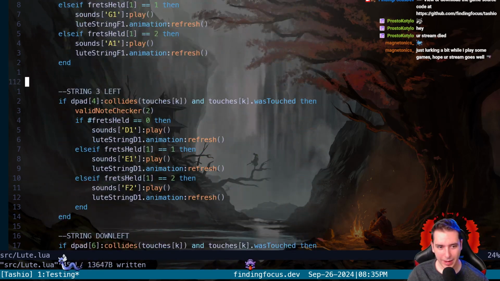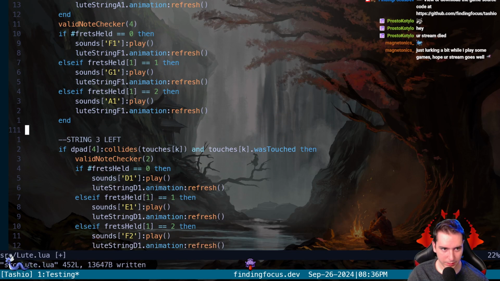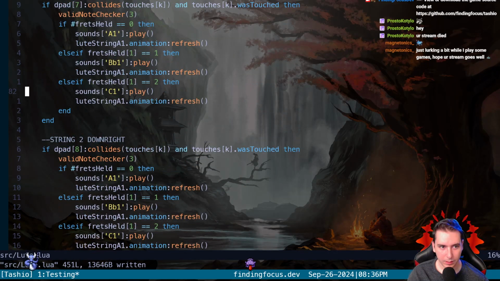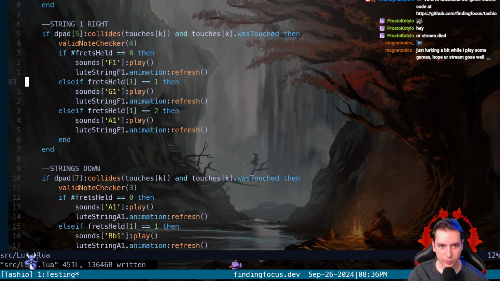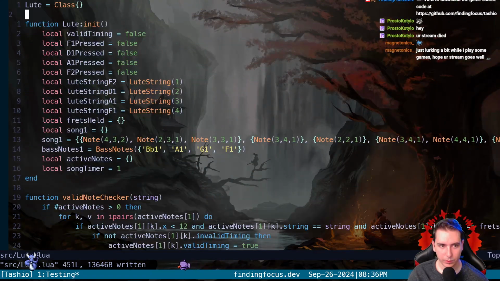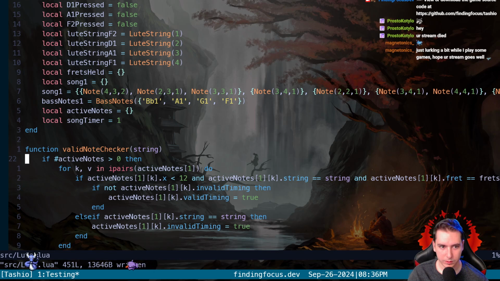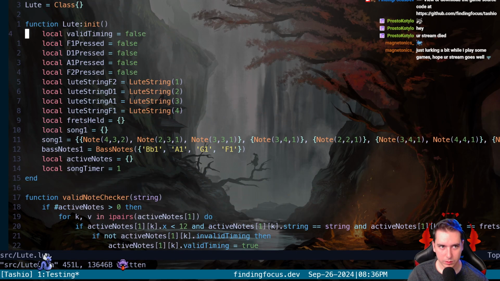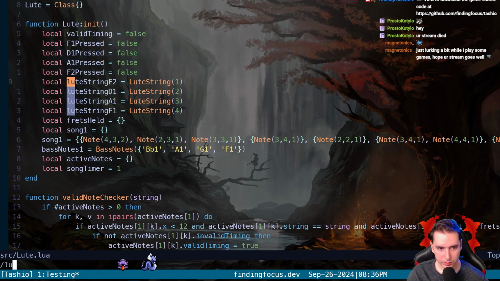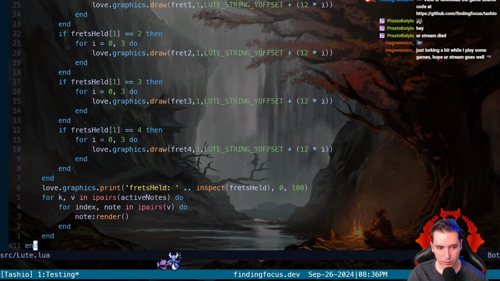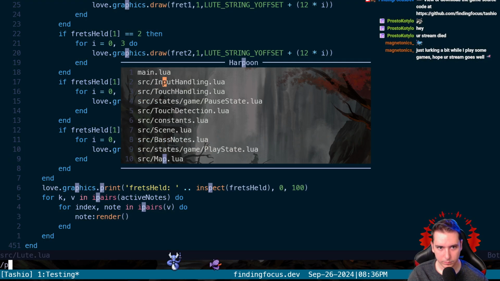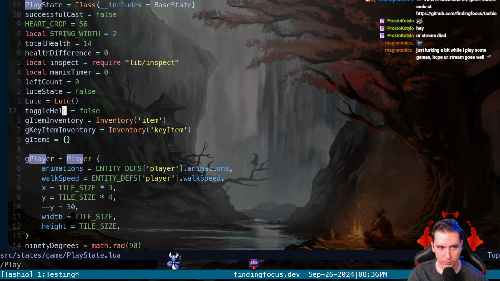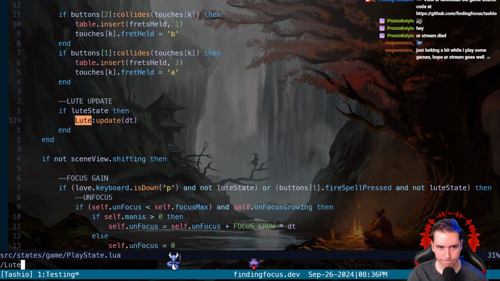But as far as what we're doing, it's pretty much the same thing, except instead of doing all of this stuff if Lute state, we're only going to update this stuff if it's Lute state in the play state. So we take out all the Lute stuff, put it in this class, and we still have the Lute state toggles.